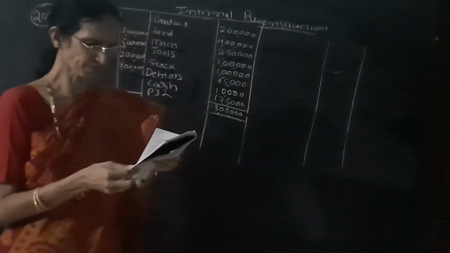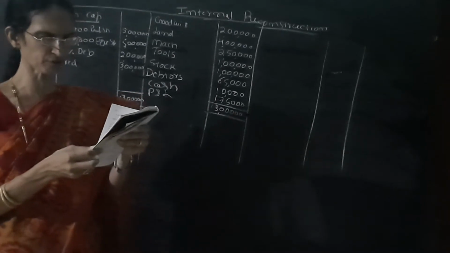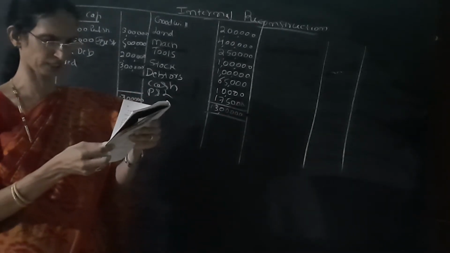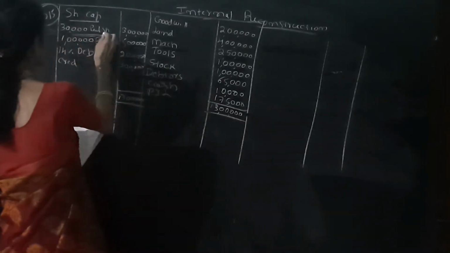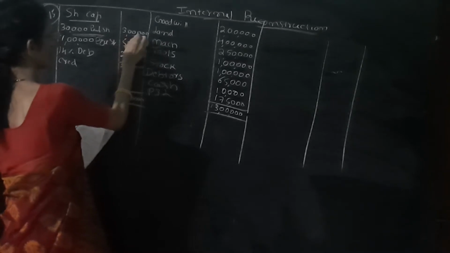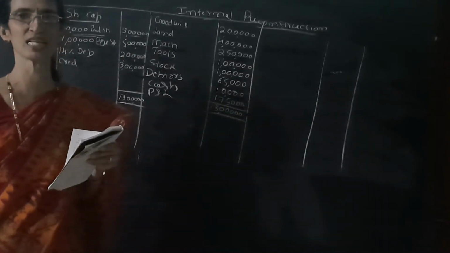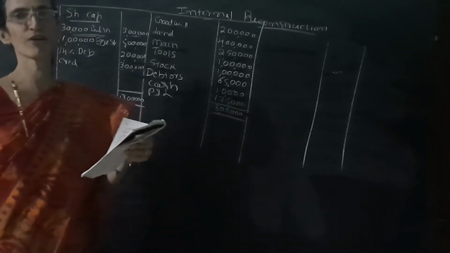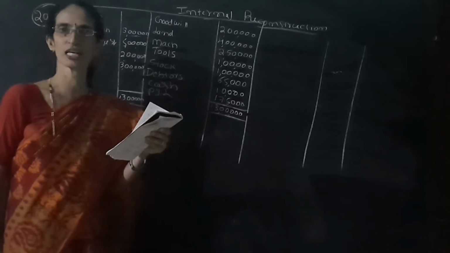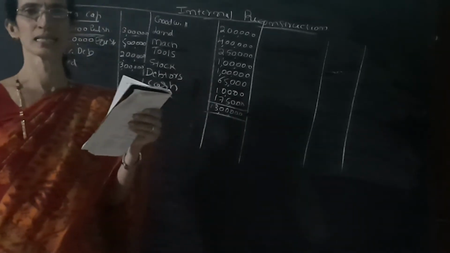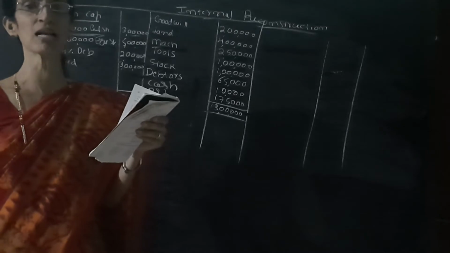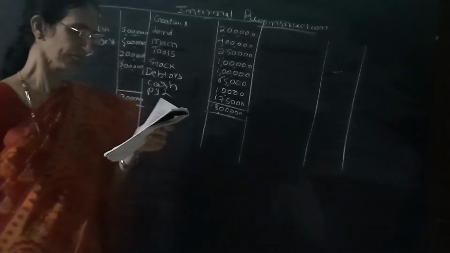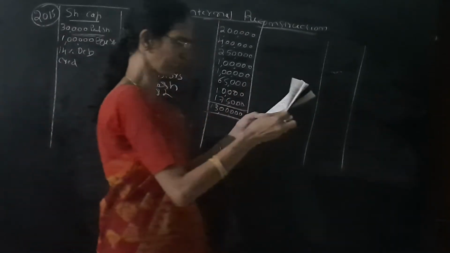See, the first one is preference shares to be reduced to shares of rupees 5 each. Here, it is given 30,000 preference shares, 3 lakh. That means the face value of the share is 10, but it should be reduced to 5 each. I already explained the theoretical aspect. They are altering the capital, either reducing or increasing it. Here they reduce the preference share capital to 5 rupees. So the journal entry is very easy.